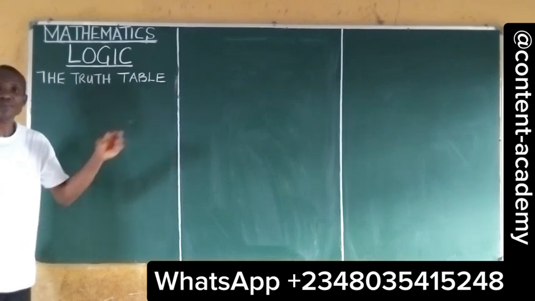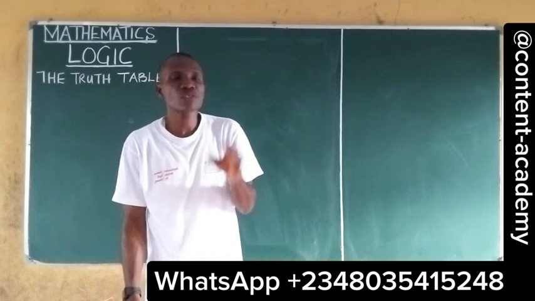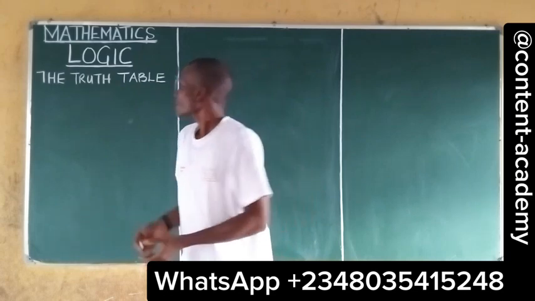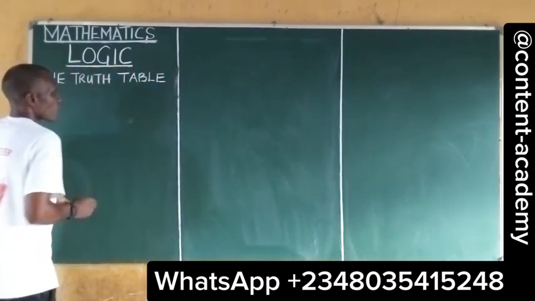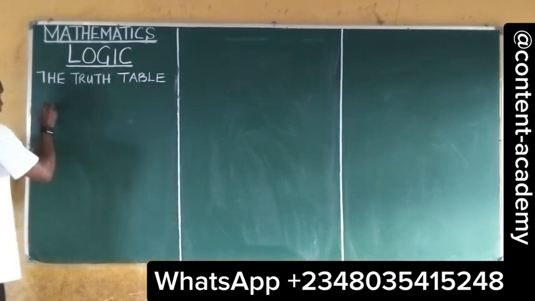What is the truth table? The truth table is a table that assigns truth value to each statement. For example, the truth table for